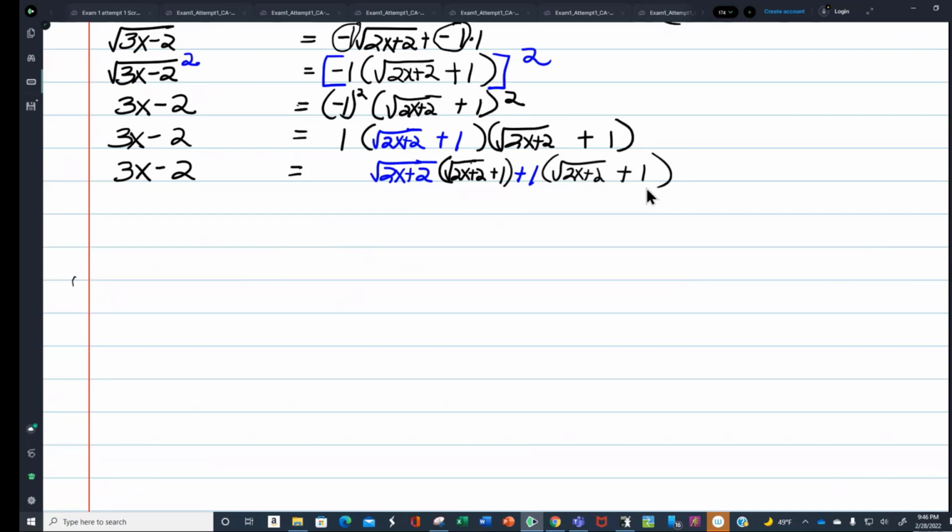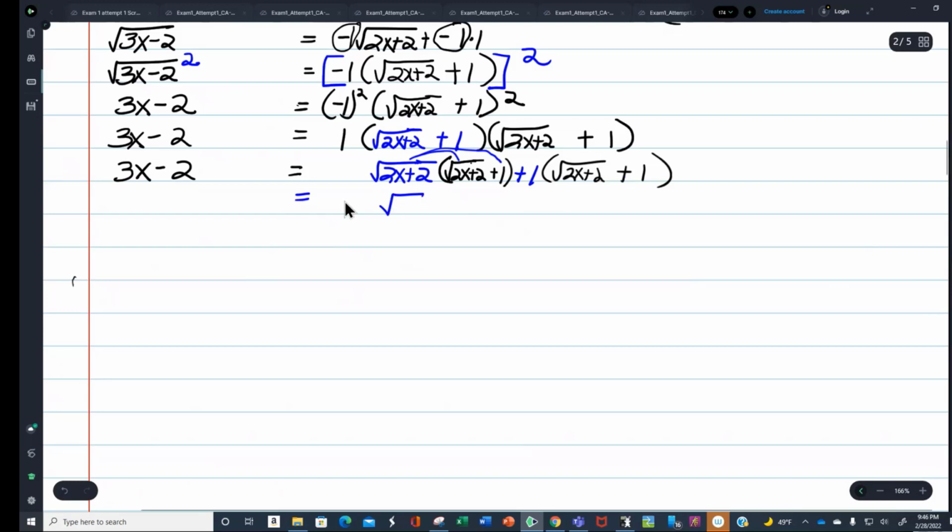Okay. So what is that going to give us? Well, we're going to distribute the square root of 2x plus 2 to the square root of 2x plus 2 and to plus 1. And then I'm going to distribute the plus 1 to the square root of 2x plus 2 plus 1. That will give me,